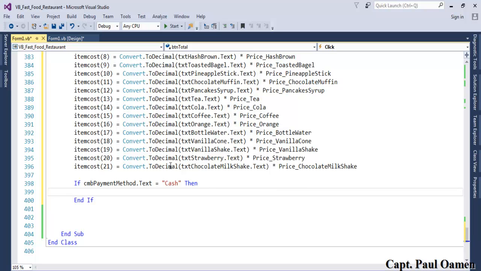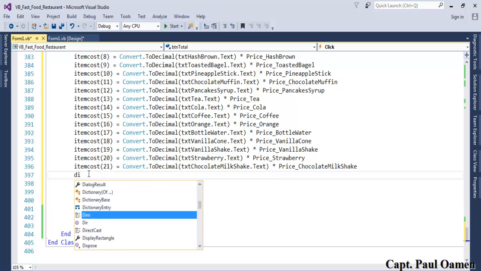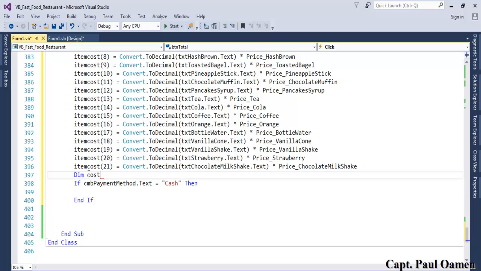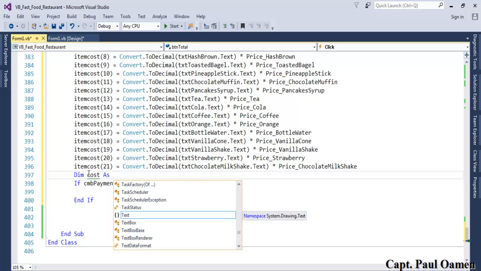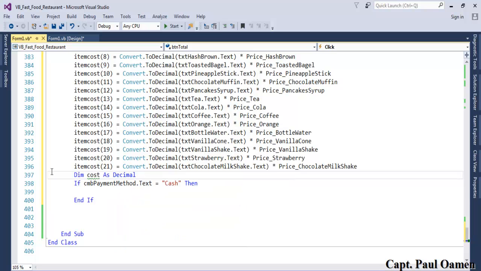Supposing we have a variable here. Yeah, let's declare a variable, maybe somewhere here. Let's say dim cost as decimal, and we can say cost equals,